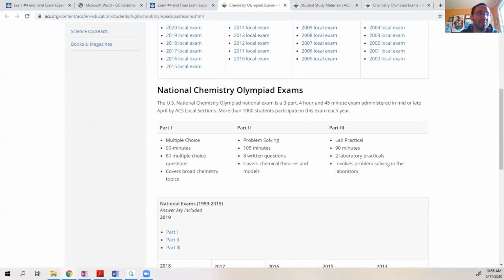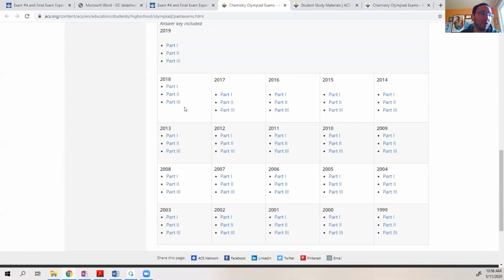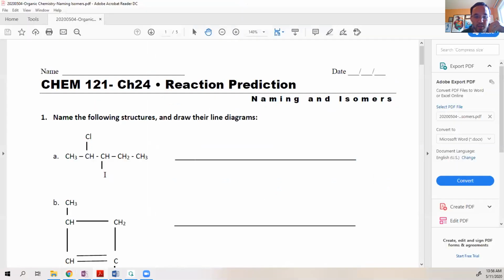They have, like for the local exams, they go back 20 years. For the national ones, they also go back 20 years. So if you need some practice problems, that is a great place to do them. You'll see that in today's worksheet,